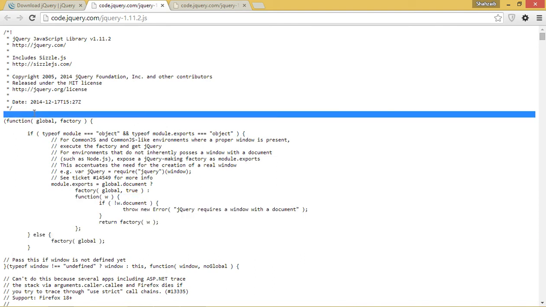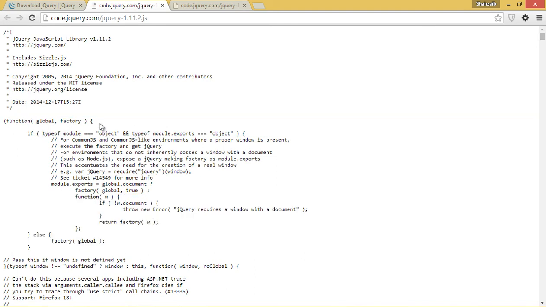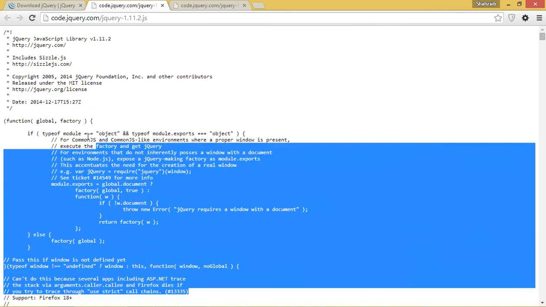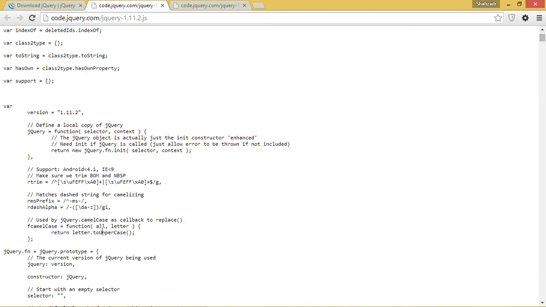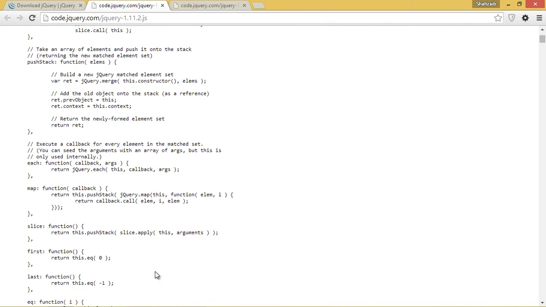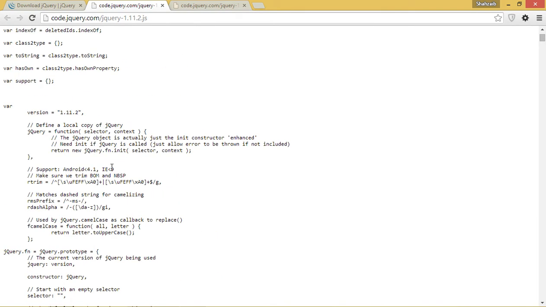You can see spaces, extra line breaks, you can see a hierarchy of different codes in a unique way. It is a really good way of defining the jQuery library.